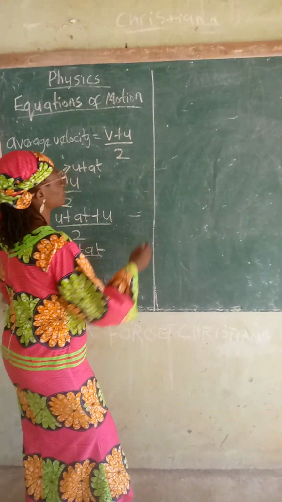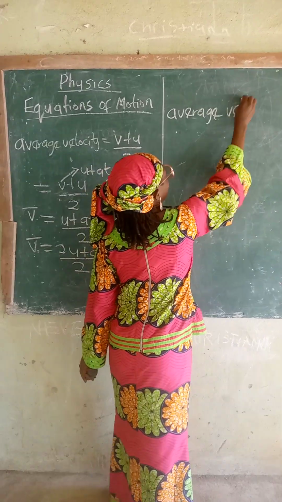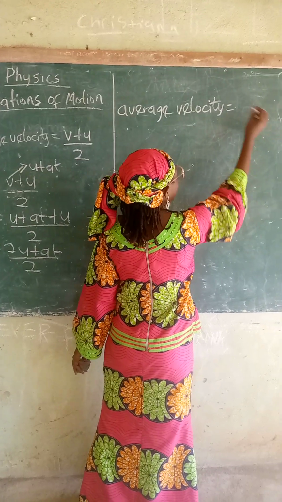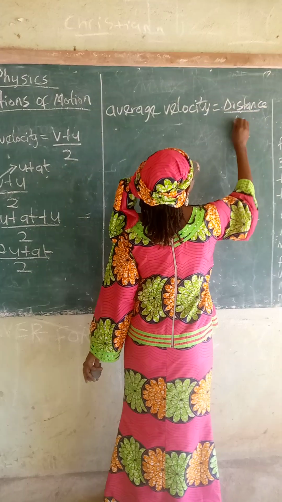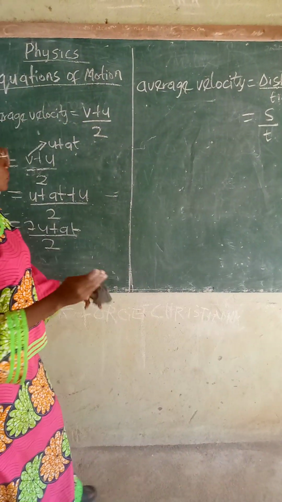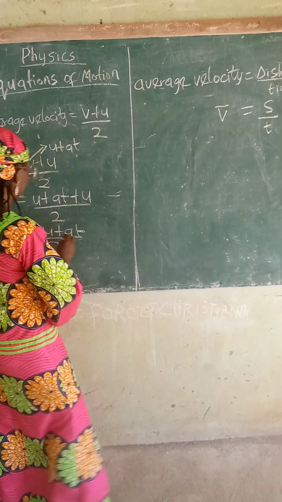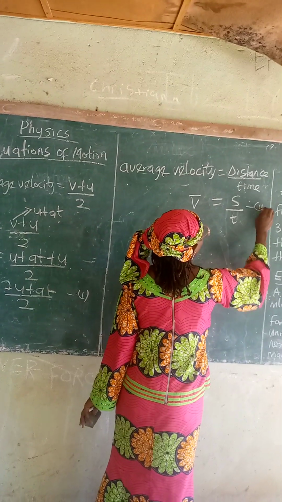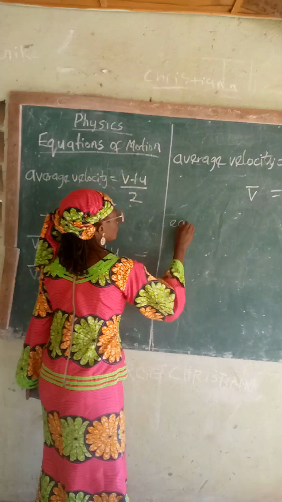The second formula for average velocity is equal to either displacement over time or distance over time. Let me use distance over time. This is the same thing as S over T. But now, this is average velocity. It means it's another formula for average velocity. Let's call this one equation 1 and let's call this one equation 2. Now, if we equate equation 1 and 2,